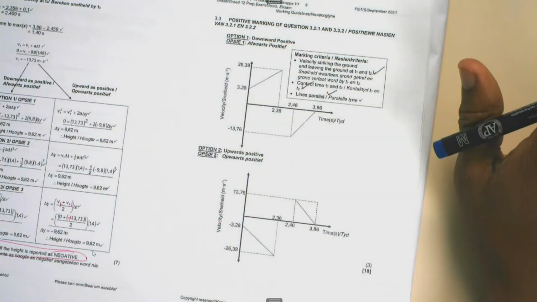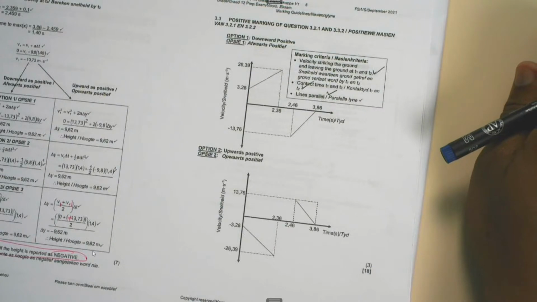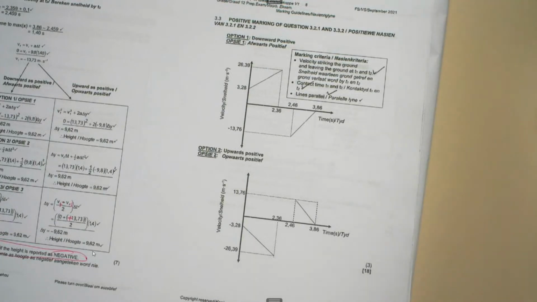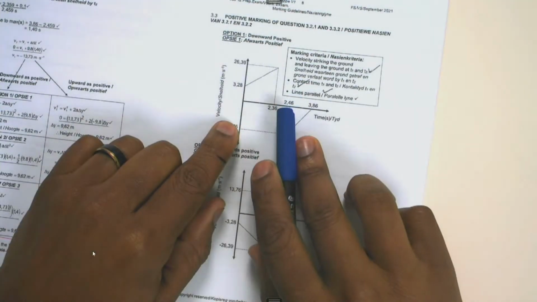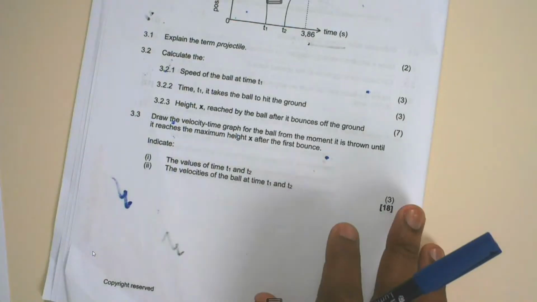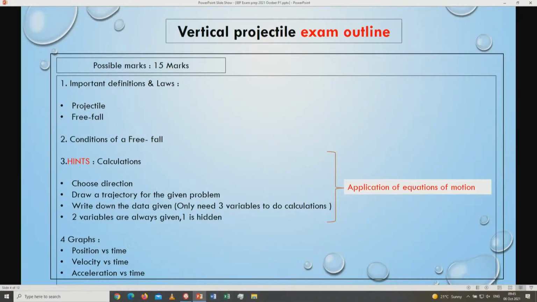Once you are able to do the two, retrieve data and do calculations from the graph that is given, and from the statement or the calculations that we have done, if you are able to draw the graph, believe you me, you won't experience any challenges. So that is basically it with vertical projectile motion. It's quite an easy one to get maximum marks on, but the idea is draw your trajectory. The trajectory will assist us in ensuring that we get the minimum achievables that we are looking for.